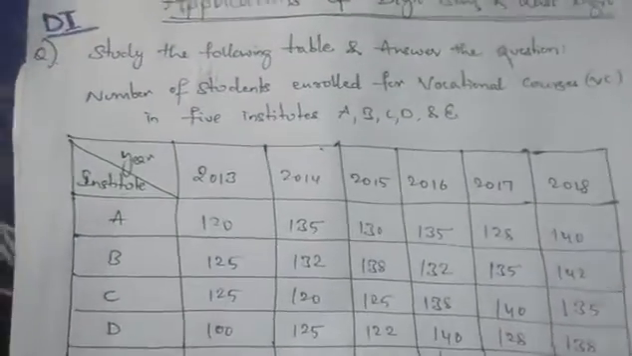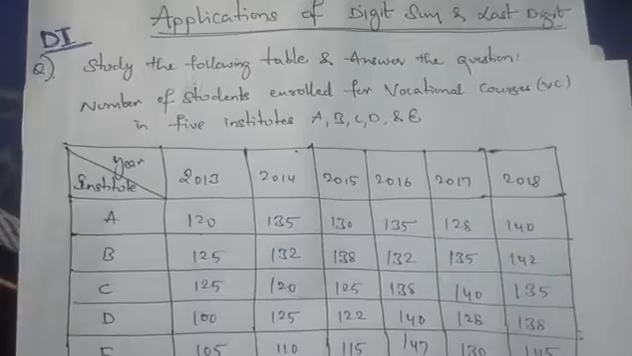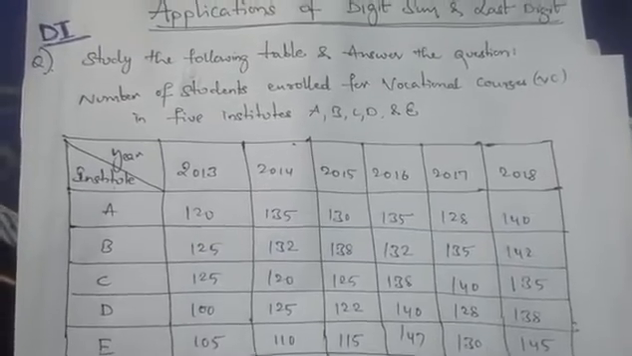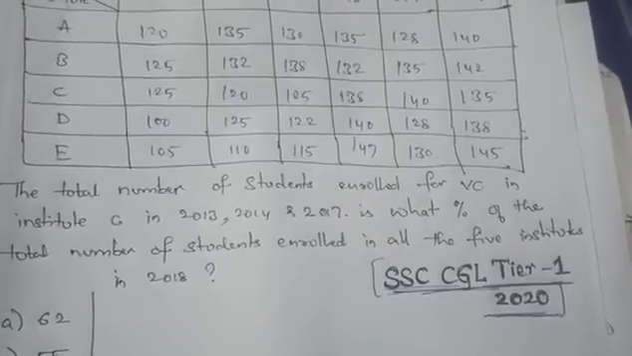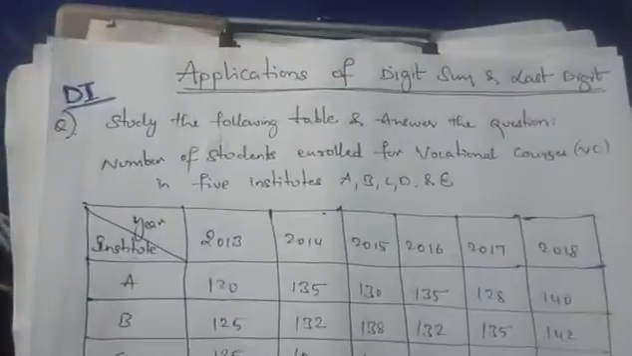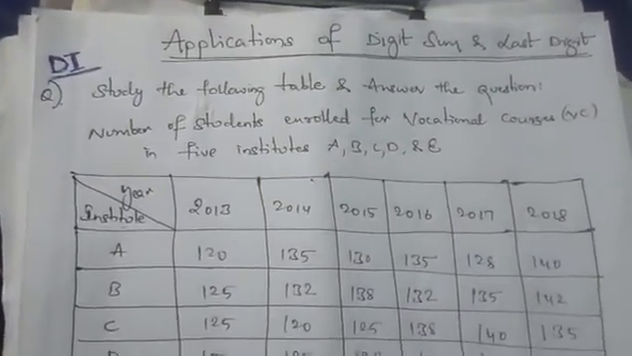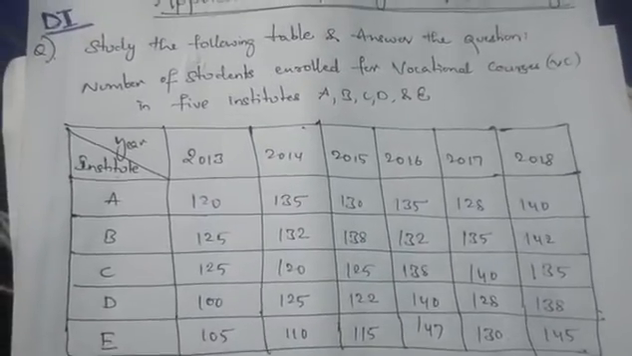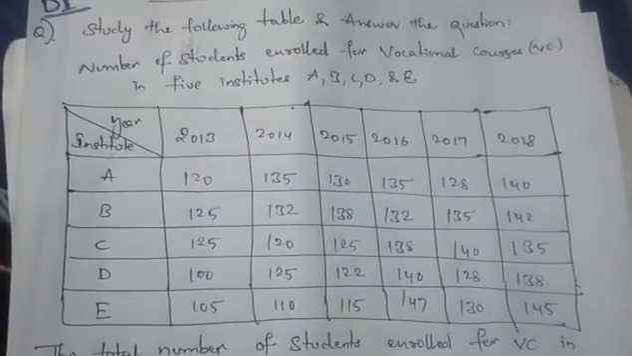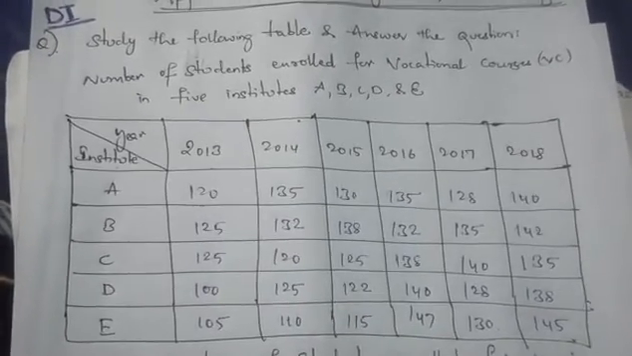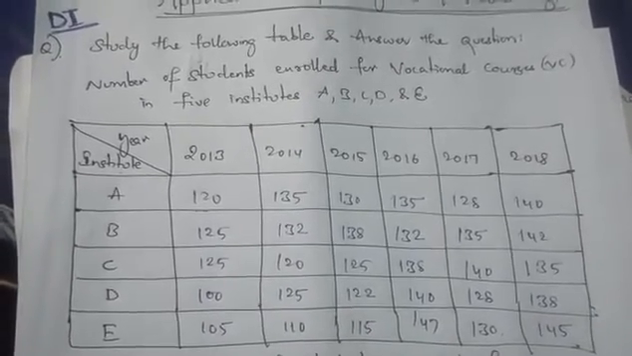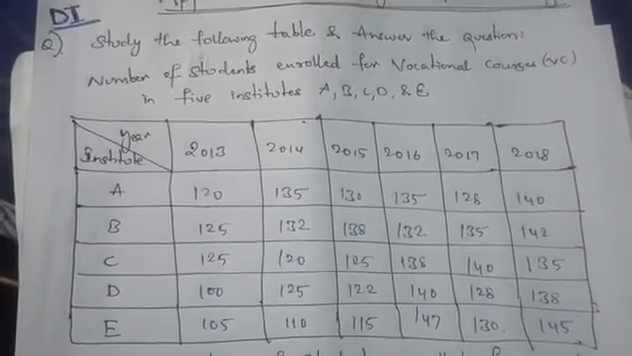Hello friends, today I am going to show you the applications of digit sum and last digit by considering one of the recent SSC CGL Tier 1 questions, that is a data interpretation question. You can observe here, the questions are very lengthy and even the data is too lengthy. But in the exam you will have only 20 to 30 seconds within which you have to